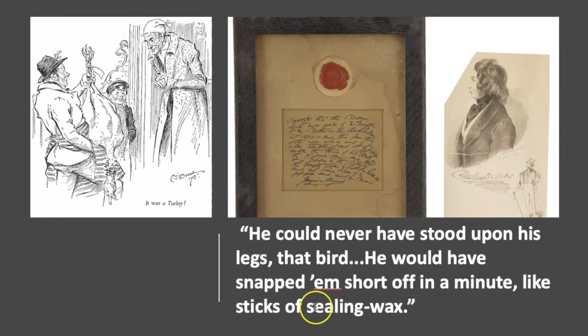So the point of the sealing wax reference here is that it comes right towards the end of the novel, where Dickens is looking forward to closing up the manuscript, putting the sealing wax on it to say it's finished, and taking it to his publishers. It's a kind of convoluted joke right at the end of the book where Dickens is saying to his readers, look, you're just coming to the end of the book and enjoying reading it, but here am I writing it, and I'm coming to the end, and I'm so excited because I'm going to publish it in about a week's